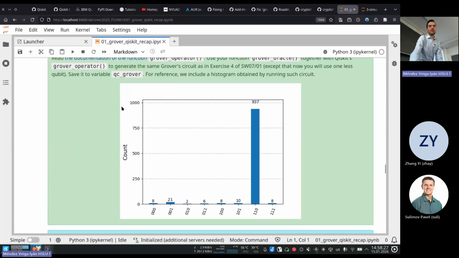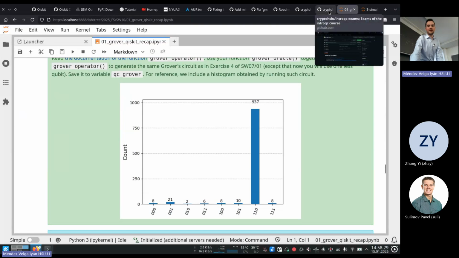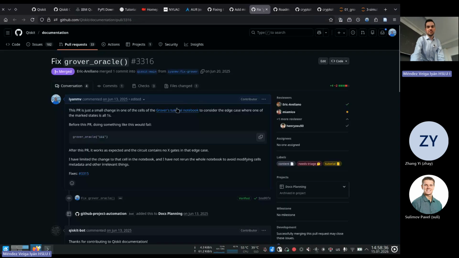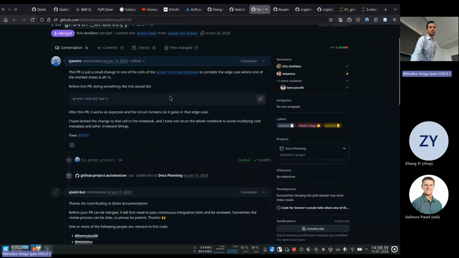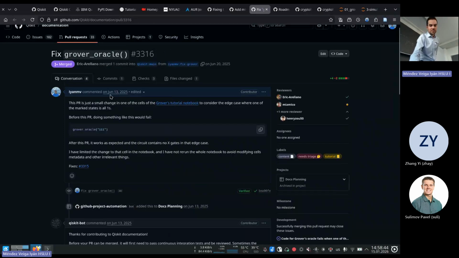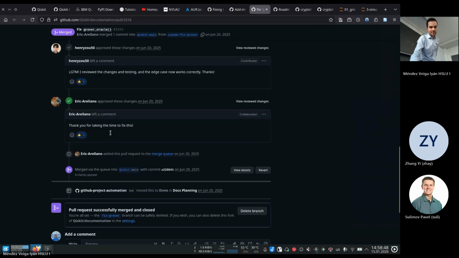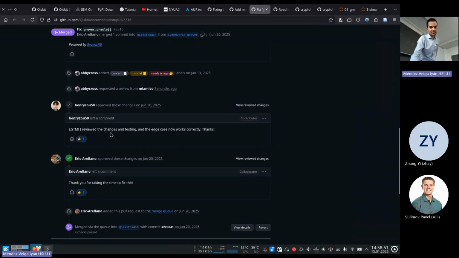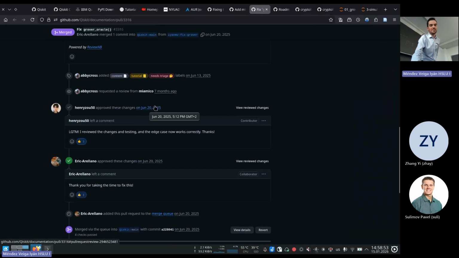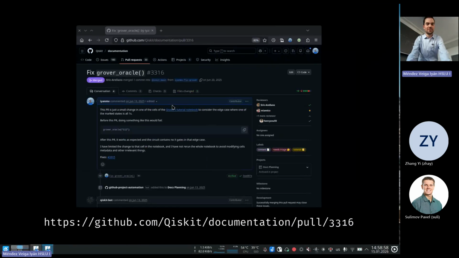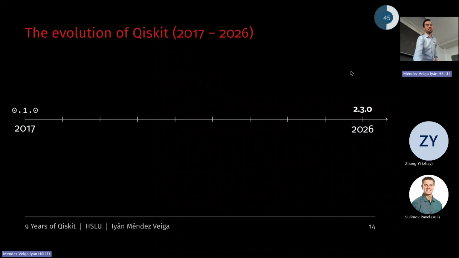And the problem is that this was not working as expected if I followed exactly the documentation. And it was just a trivial mistake, that I propose a fix for here. So I explained the issue. I found a mistake, I fixed it, and it got merged. So this was June 13. Okay, I guess this took a bit longer, June 20th, but still, 1 week. So you see that it works to report issues and to try to fix them.